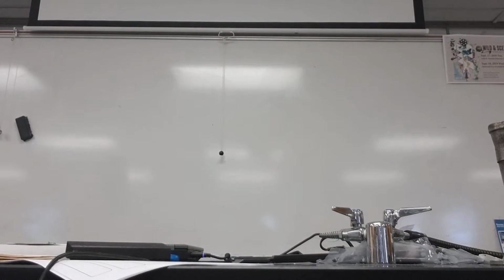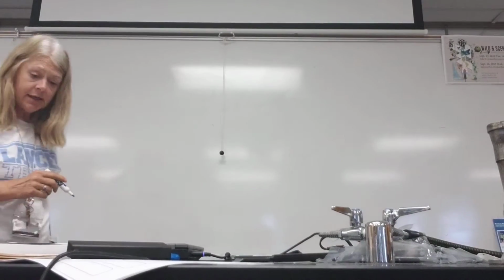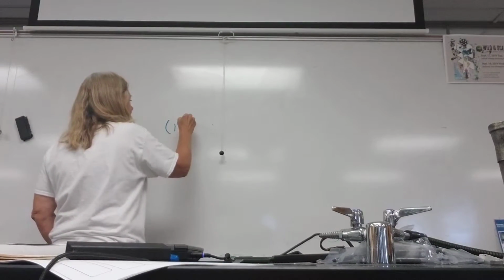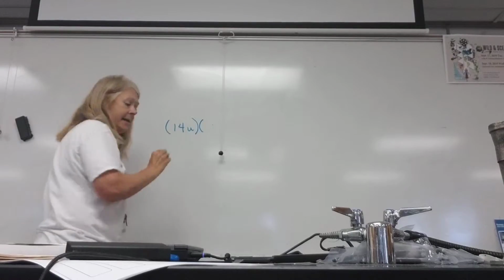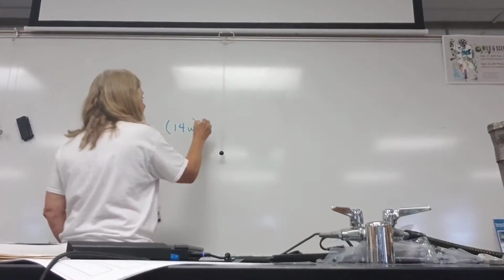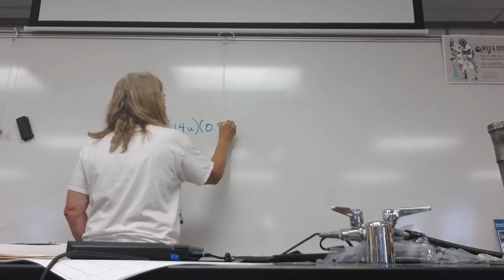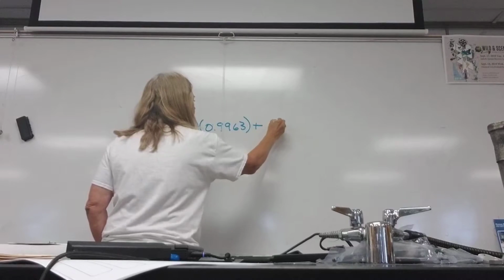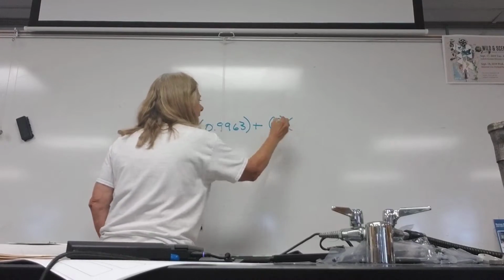And we can see we have 90-some% is 14. So I'm going to take the mass of nitrogen times the relative abundance, which is 0.9963,